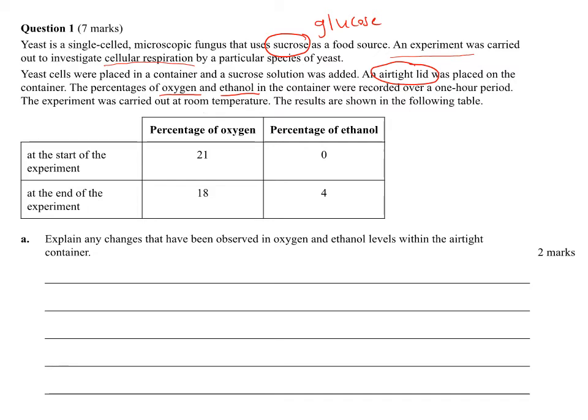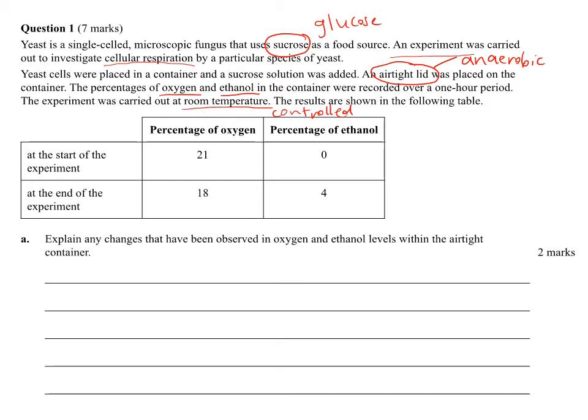Carried out at room temperature, so we know that that is our controlled variable. Okay, so the temperature was kept quite stable. So from here, it's told you we're talking about cellular respiration, and then it's told you that there's an airtight lid. So you should be able to start thinking we're looking at anaerobic respiration